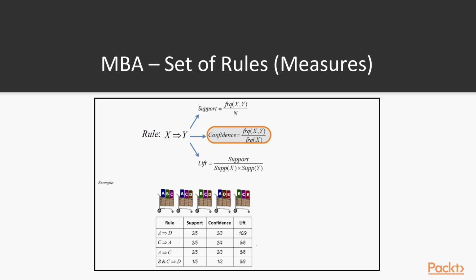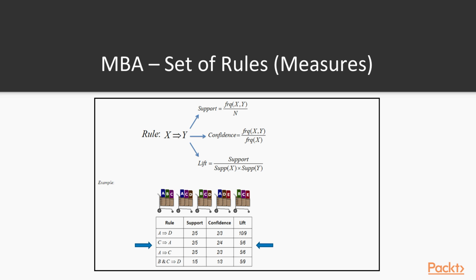It is actually the probability of Y conditional to X. As you can see in the below table for products A, B, C, D, the confidence of purchasing A after C is not the same as the confidence of purchasing C after A, because the denominator will change in the